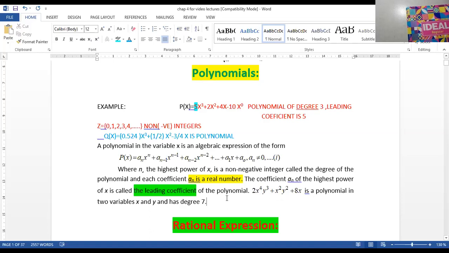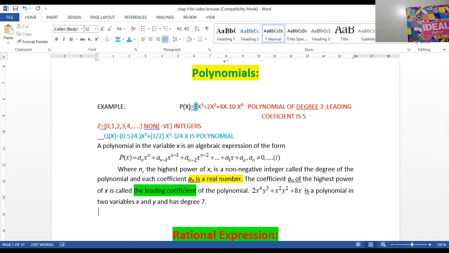And how to identify what the degree 7 is? You will see that if you have two variables, if I write some example right below here somewhere, just for your convenience, the same thing which is written like 2x, y, I hope that you will listen carefully, like this one.